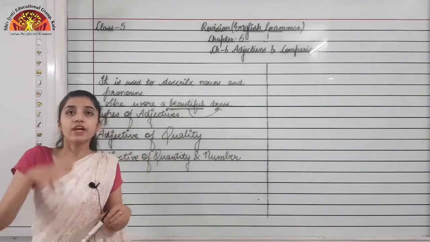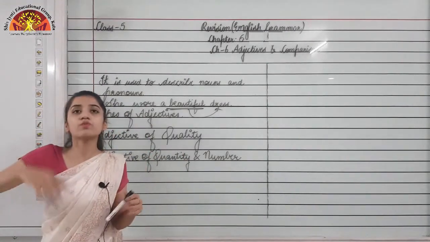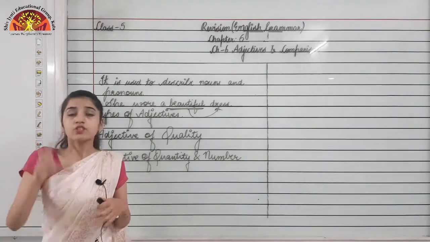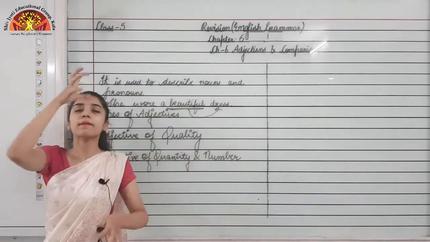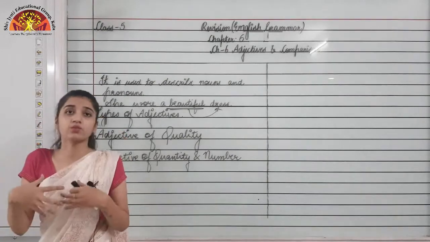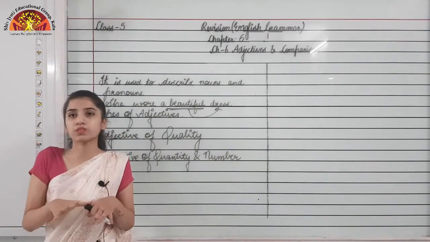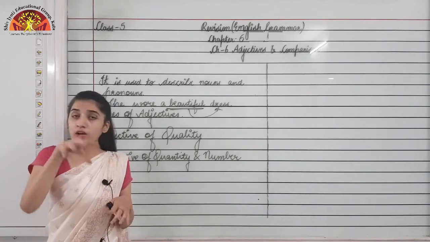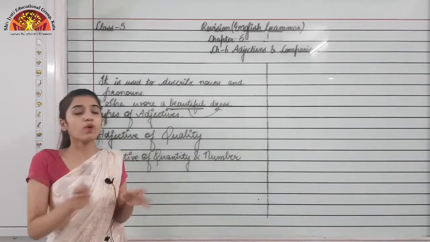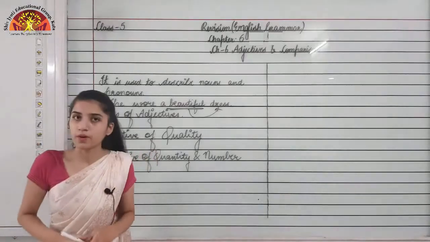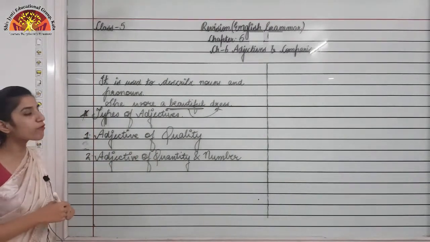I can say there are 7 rooms in my house. Okay, so here 7 is describing the rooms in my house, right? So in my house there are how many rooms? I can question it like that, and I got the answer as 7, which is what? An adjective of number. Okay, now moving to the third type of adjective, that is